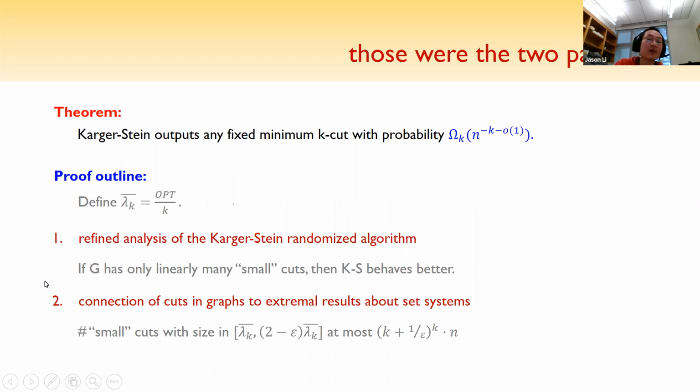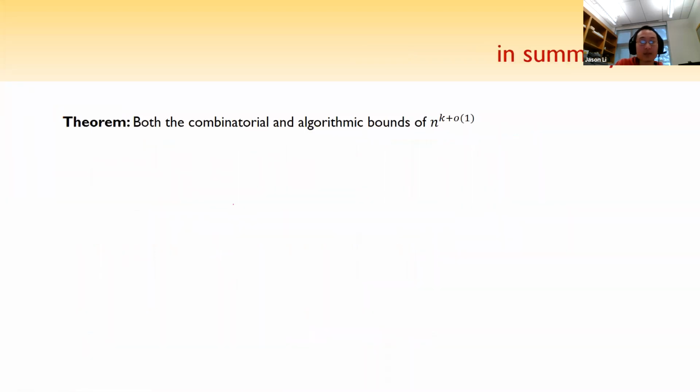And we prove the number of small cuts of a graph by appealing to the sunflower lemma and an argument on set systems excluding a large sunflower. So to summarize, our main result in this talk was both the combinatorial and algorithmic bounds for